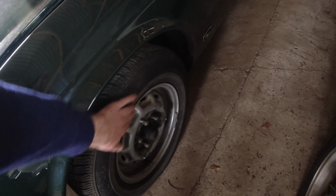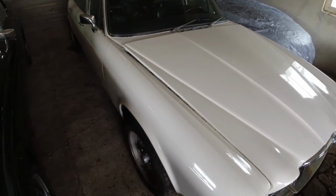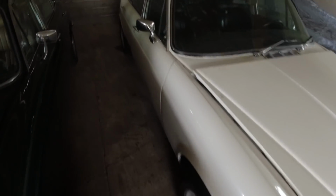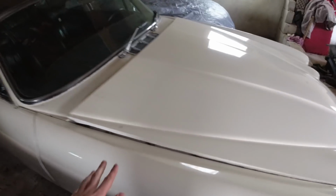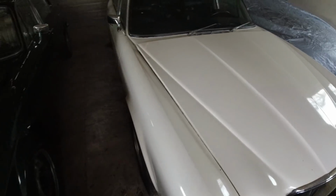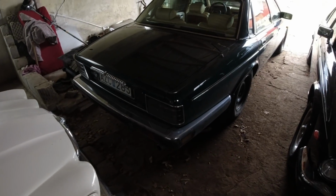I have new chrome rings and all that for it. I'll put those on the XJ12 for now, and we'll go through the fuel system, fix that, fix a slight exhaust leak, and get this thing inspected. But that won't be my first priority, because my first priority is getting the Daimler out again, which is actually